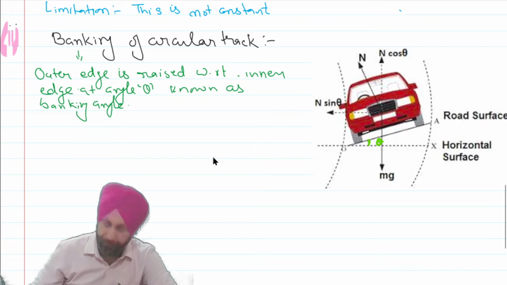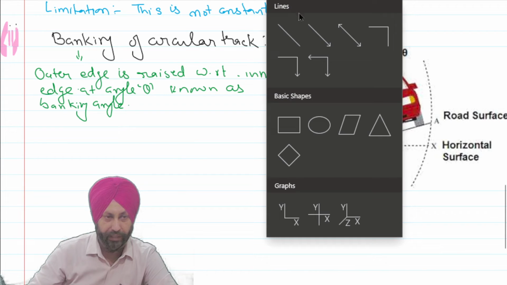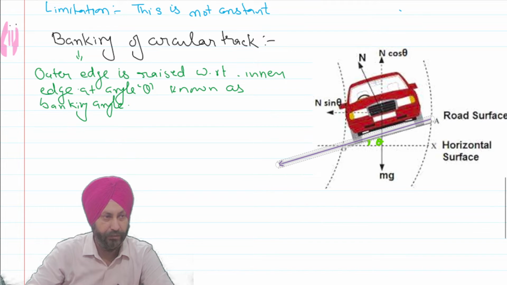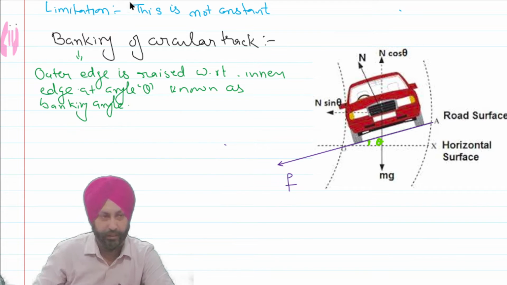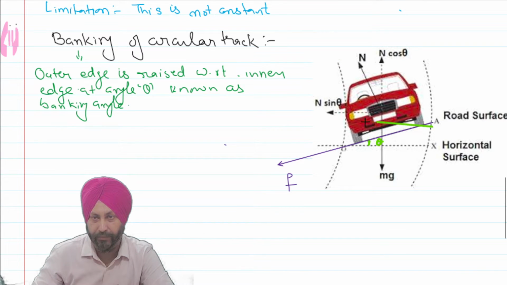Now what will happen? See, when the vehicle takes a turn on this circular track, it will try to skid outward, so the friction force will act along the track, downward. This is the force of friction. If we draw a horizontal line here, you can see